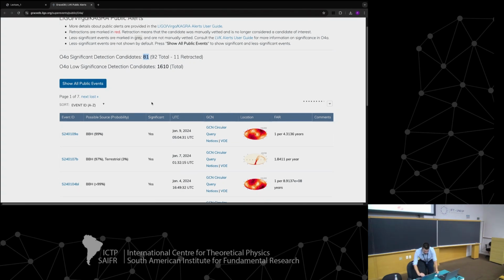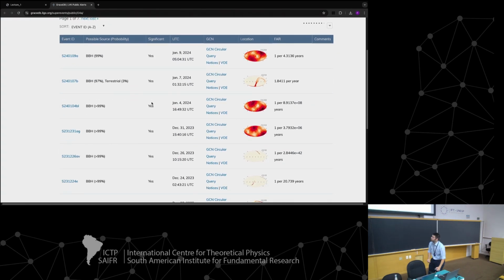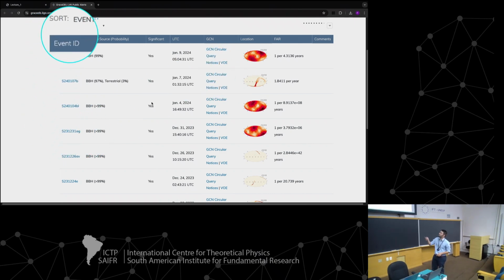And then you have the list of detections. You have an ID, the name of the detection, the source probability, whether it is a binary black hole, a neutron star, or whatever.